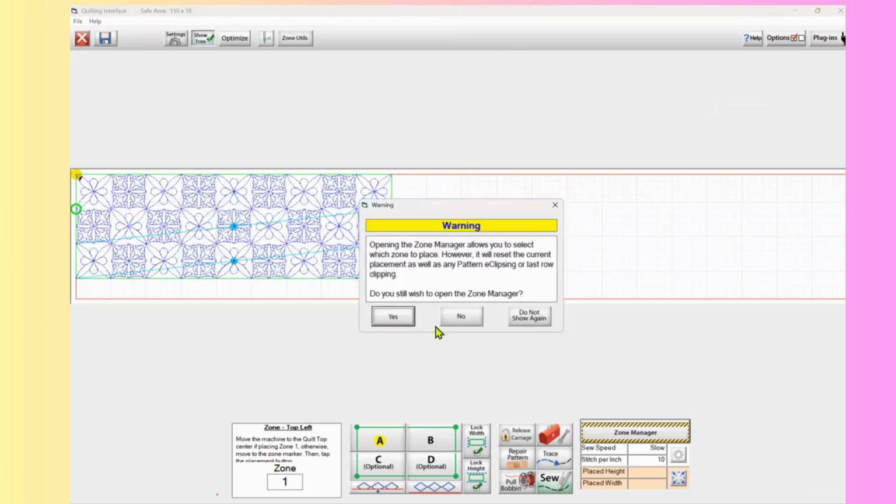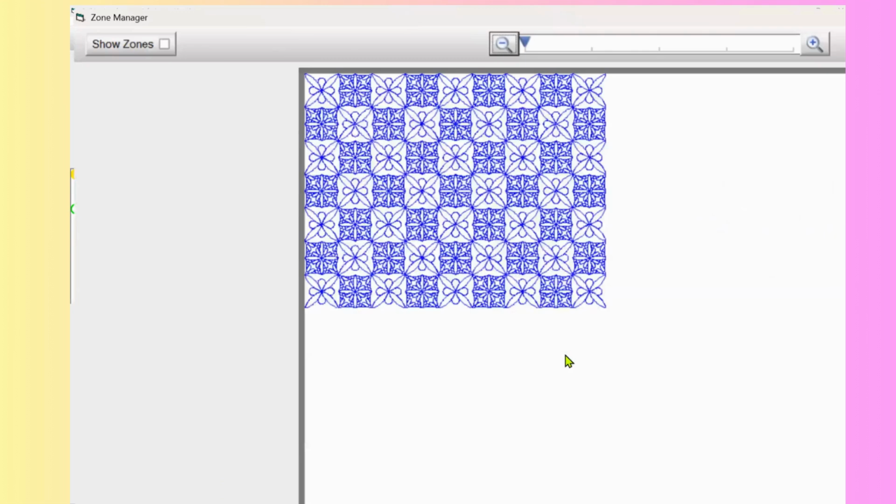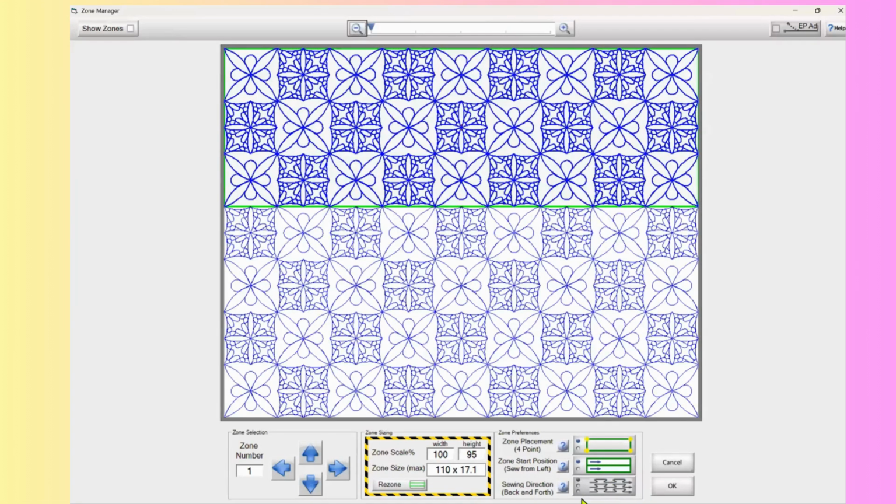Let me go to Zone Manager. So I'm going to open this up. What you're going to see is that you don't have some of these options left to you when you are in QuiltCAD. It does not want to go in the continuous, like this is grayed out. So I cannot change this so that it will stitch a straight line down here,